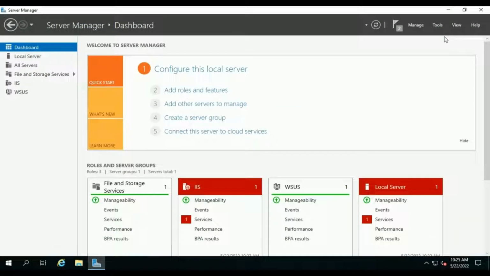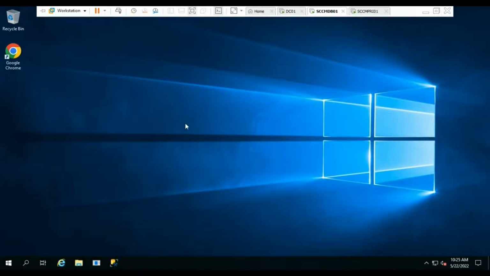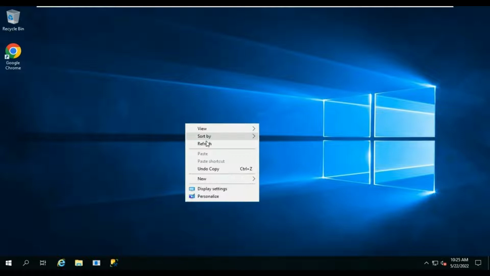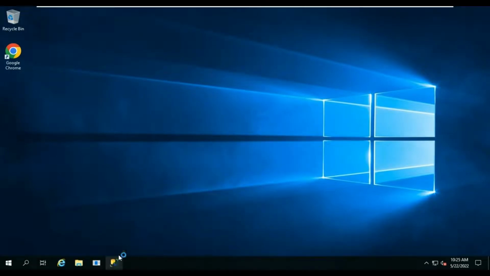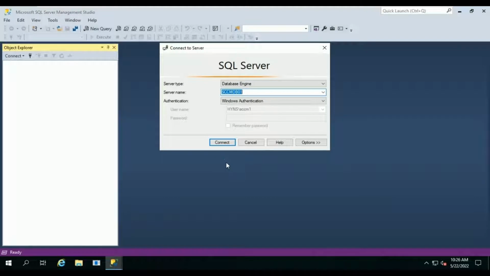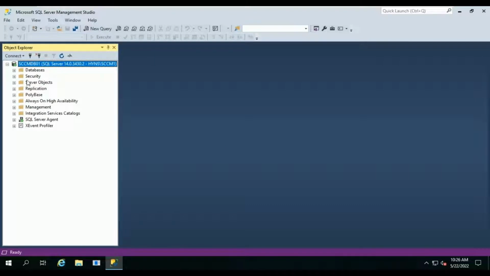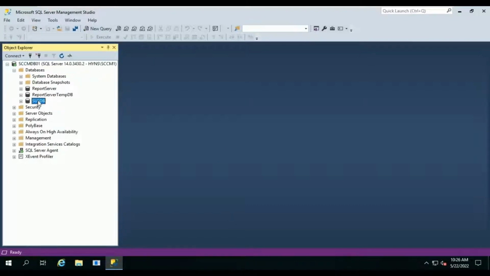Now let's move to our database server. Open SSMS to connect the console. Click on connect. Expand databases. SUSDB database has been created.